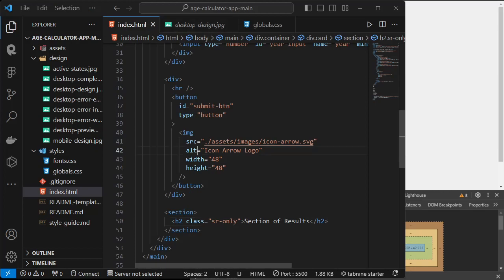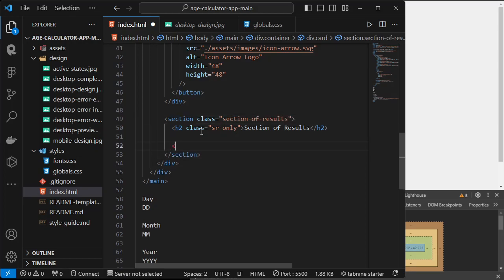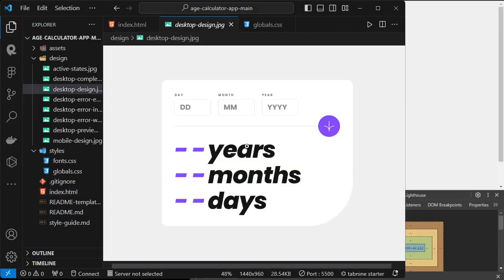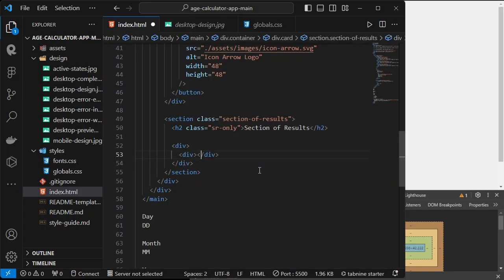And I guess I'll just skip it. So we can just say class section of results. Then we'll have the first line. So these are just a flex, maybe a flex direction of column. And then this is one whole container itself. Is it each row? Yeah, each row. So the first row will have,